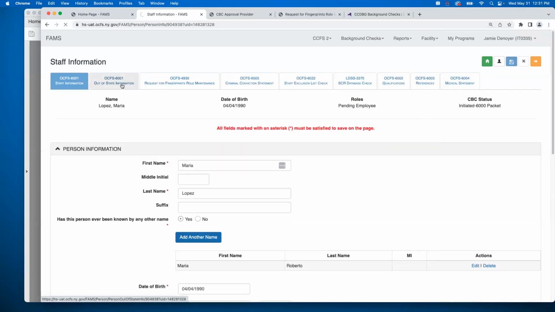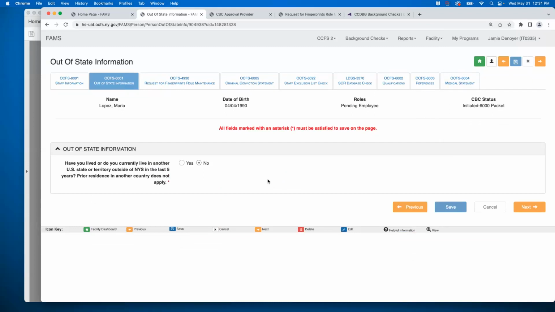All right, so next is our out-of-state information. You're simply going to go to the 6001 form, and you're going to indicate what they have said on that particular form. Have you or currently do you live in another U.S. state or territory outside of New York State in the last 5 years?